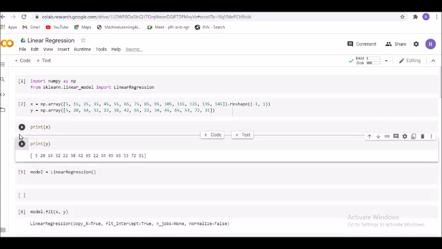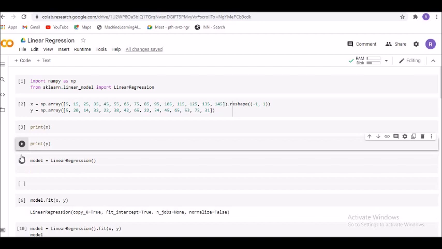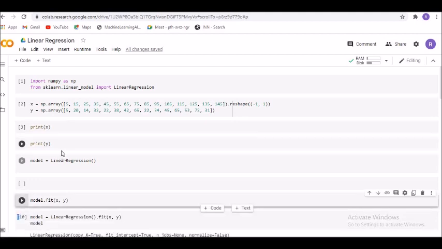Now here, to go ahead with simple linear regression, first and foremost, we import the packages and the classes that are required in the Python environment, especially scikit. The second one would be to provide the data to work with. What kind of data do I possess so that I can proceed further with the linear regression?